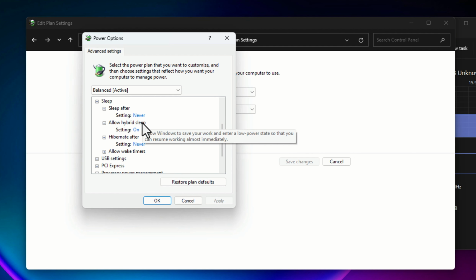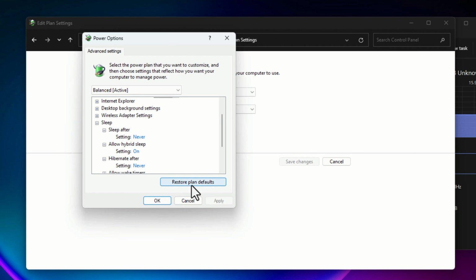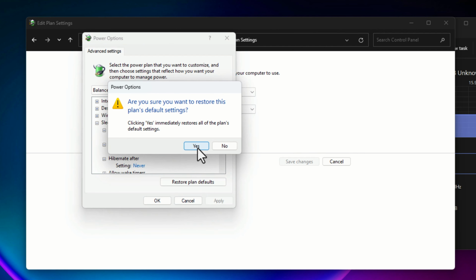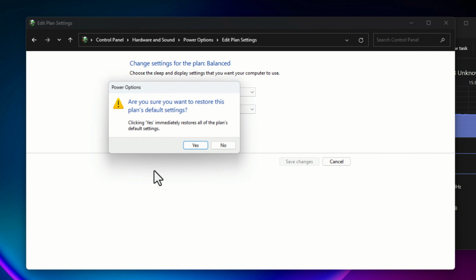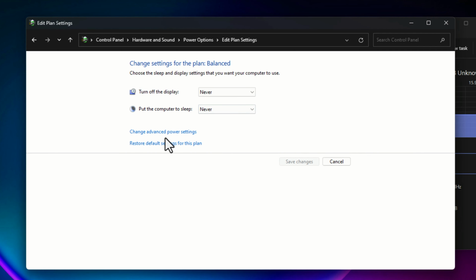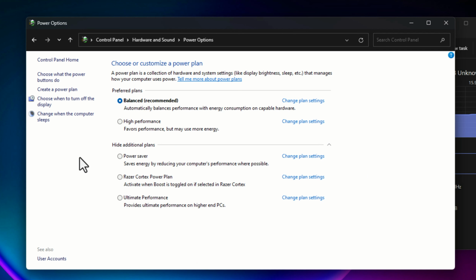If you make mistakes in this option, you can press restore plan defaults and press yes. So the plan defaults will be set. Okay, if you make mistakes in this part, you can press restore default settings for this plan, and after that press yes. We talk about all of these things, but if you have a laptop, you will see